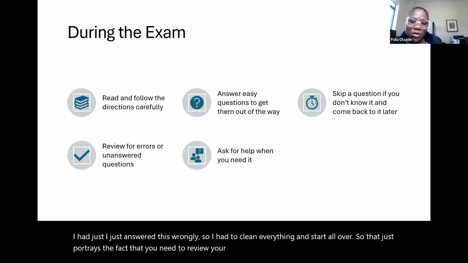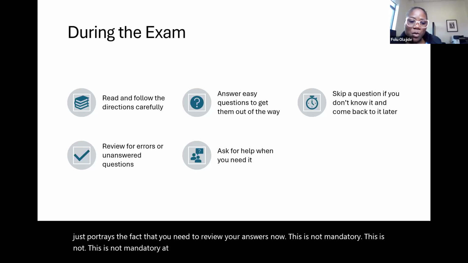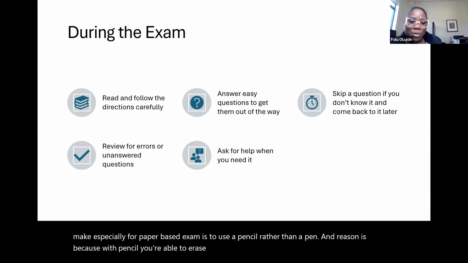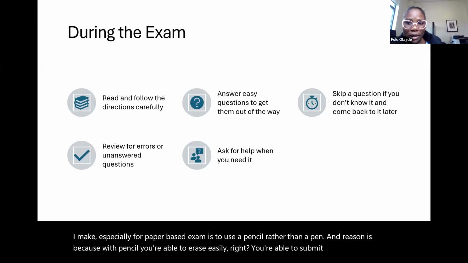Now, this is not mandatory. This is not mandatory at all. You are free not to even do it. But one of the recommendations I make, especially for paper-based exams, is to use a pencil rather than a pen. The reason is that with a pencil, you're able to erase easily, right? You're able to submit neat work as opposed to a pen. With a pen, once you write on it,